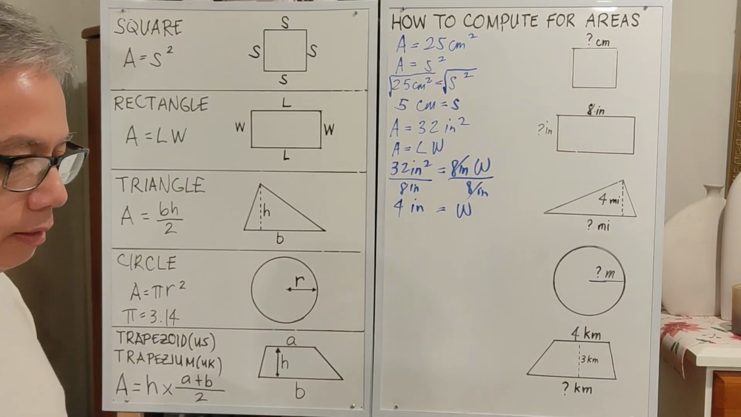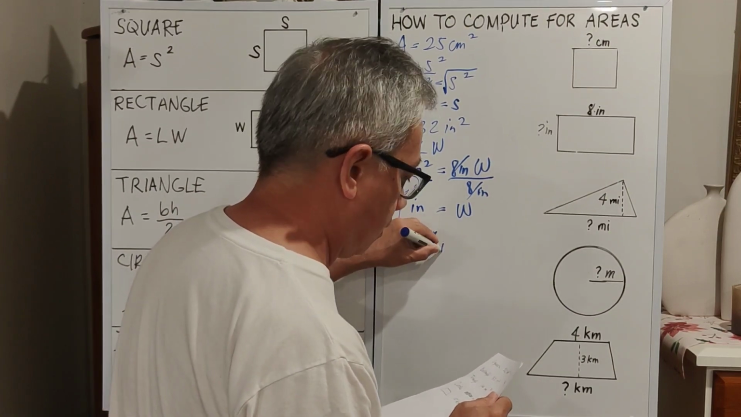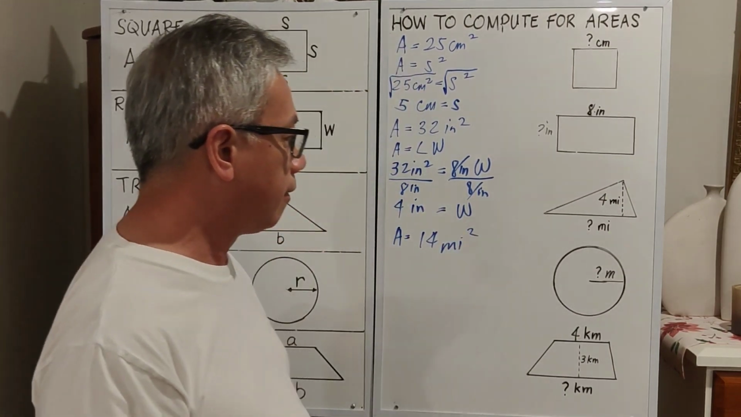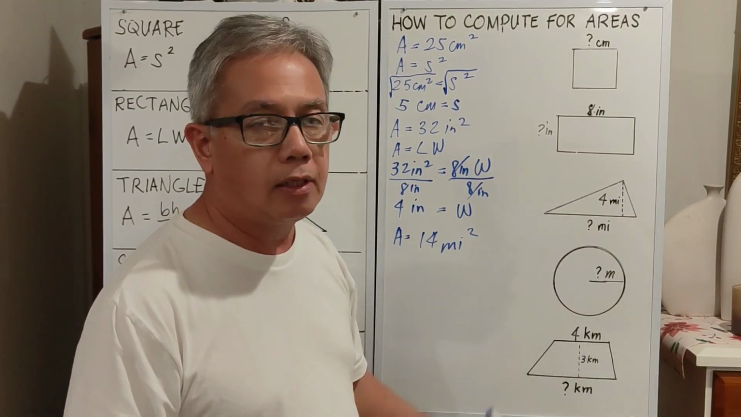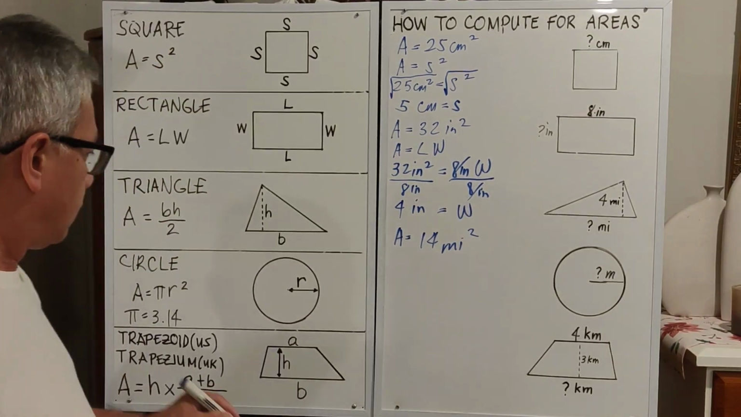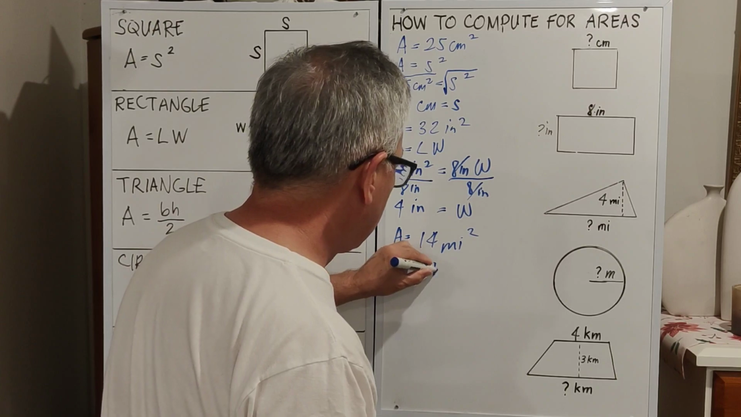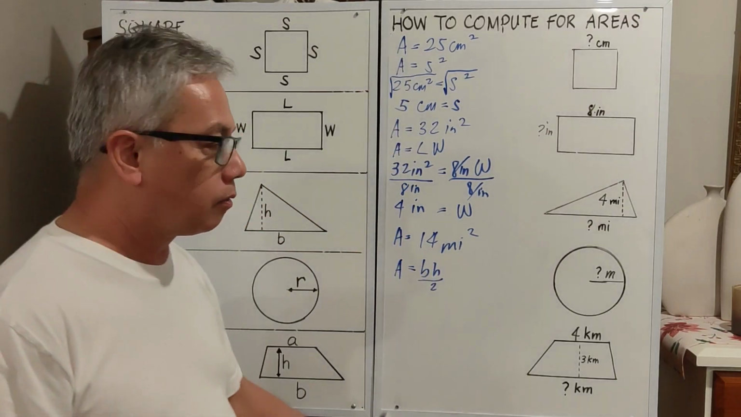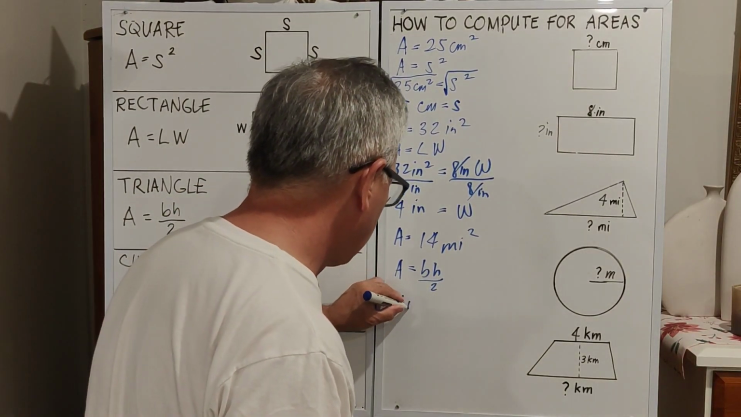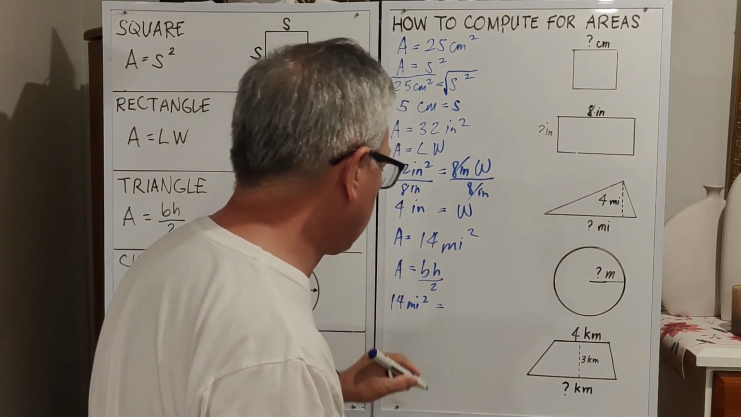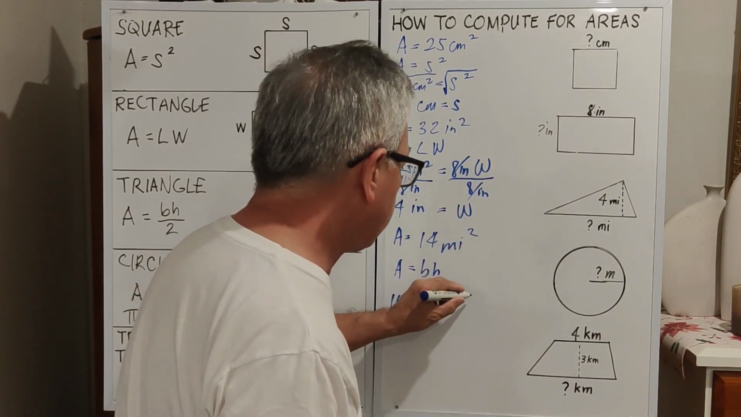For the triangle, if the area of the triangle is 14 miles squared and we have the height as 4 miles and we need to find the base. The formula for the triangle is A is equal to BH over 2. So we just plug in the values. Area is 14 miles squared is equal to B, which we don't know yet, times H, which is 4 miles,